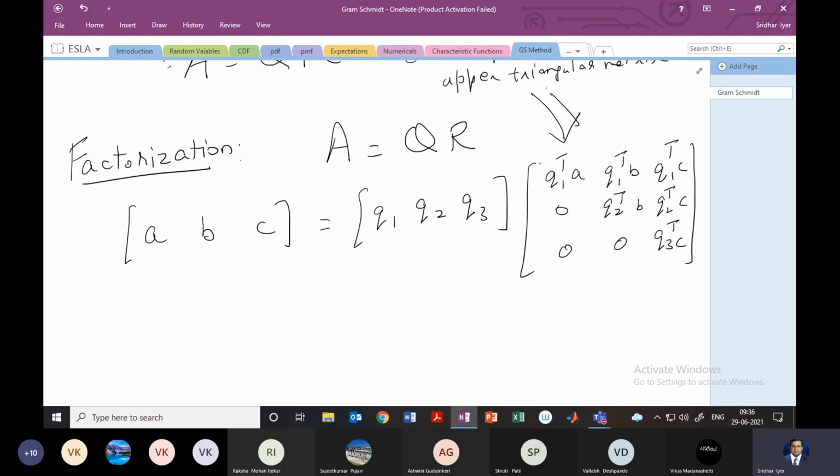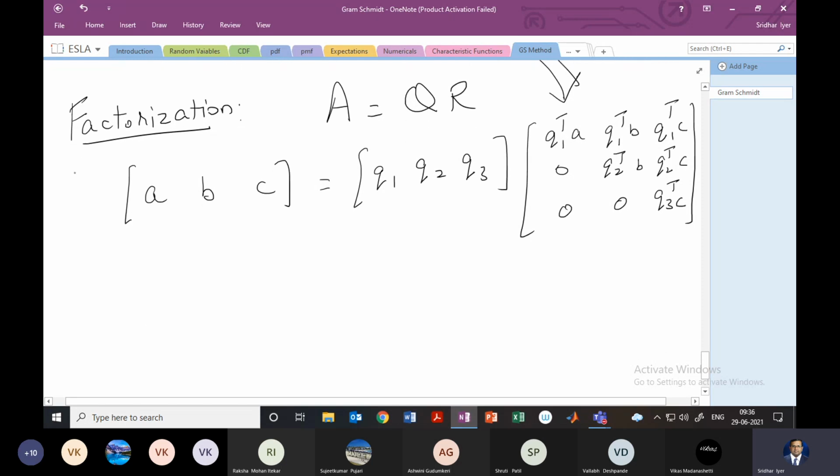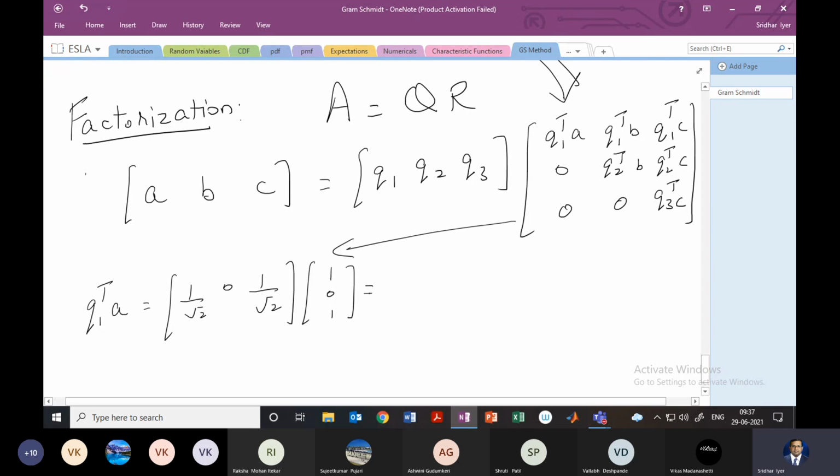So what we have to do here is, we need to find for this matrix. So let me make an arrow. For this matrix, we need to find individual values. So first we need to find Q1 transpose A, right? I'm hoping you have the Q1 value with you. I'm only going to directly transpose it. So we'll get 1 by root 2, 0, 1 by root 2 into A, which is 1, 0 and 1. So this will be 1 by root 2 plus 0 plus 1 by root 2, which is 2 by root 2, which is root 2. So that first value is root 2.